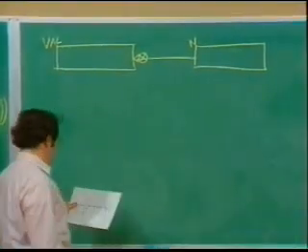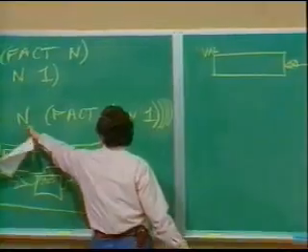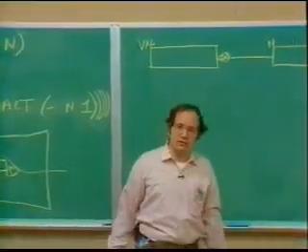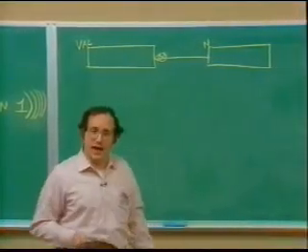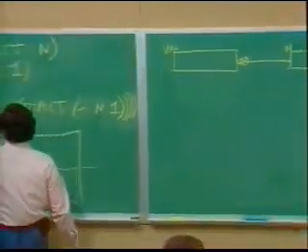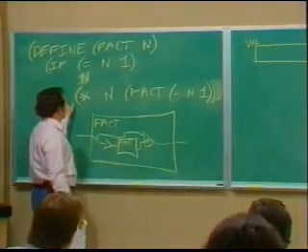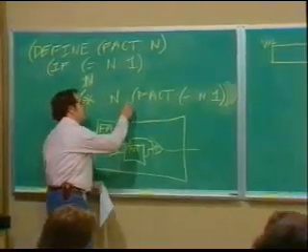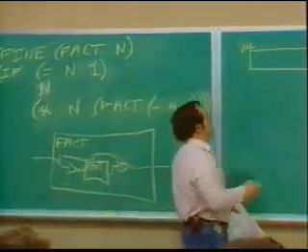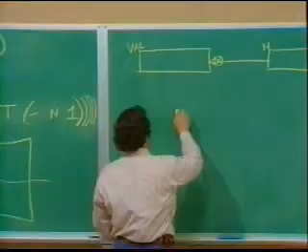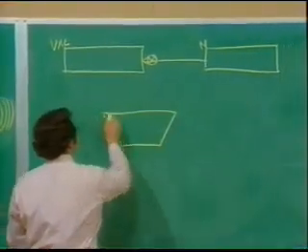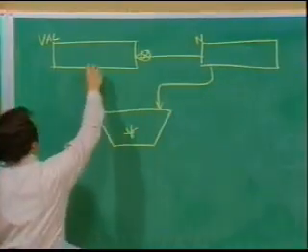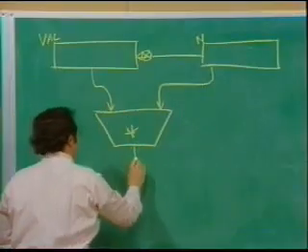And then there are things I have to be able to do. Like I have to be able to, as we see here, multiply n by something in val, because val is the result of computing factorial. And I have to put the result back into val. So here we're seeing that the result of computing a factorial is n times the result of computing a factorial. Val will be the representation of the answer of the inner factorial. And so I'm going to have a multiplier here, which is going to sample the value of n and the value of val, okay, and put the result back into val,